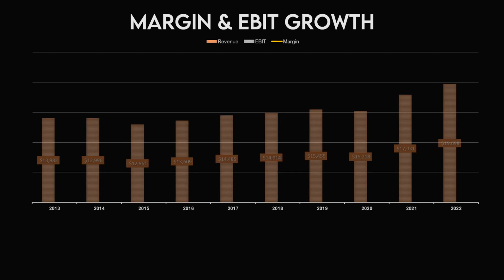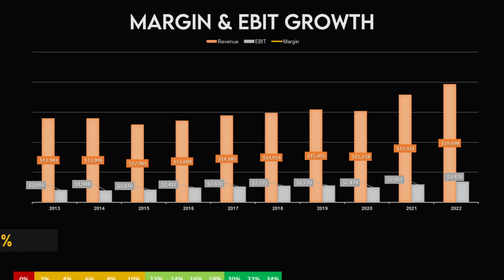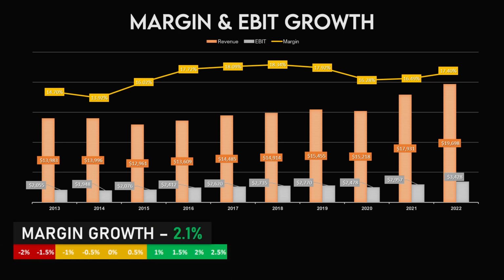The first metrics that we'll be looking at are the EBIT growth and the margin growth. The EBIT has gone up over the years, going from just over $2 billion in 2013 to almost $3.5 billion in 2022. The average EBIT growth during this period is 6.3%, which is no change in the margin of safety looking at our scale. The margin has also gone up over the years, going from almost 15% in 2013 to 17.4% in 2022. The average margin growth during this period was 2.1% on average, which is a 5% deduction from